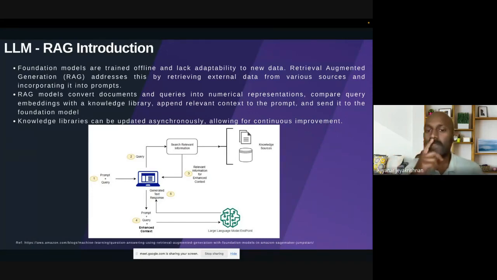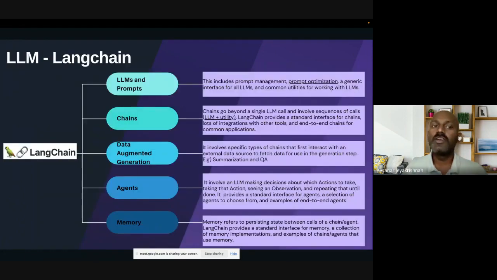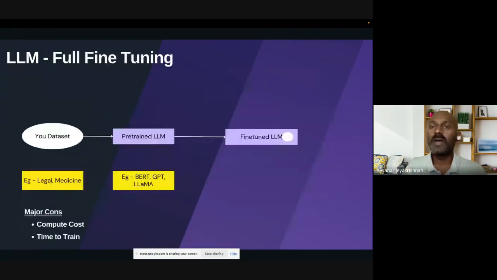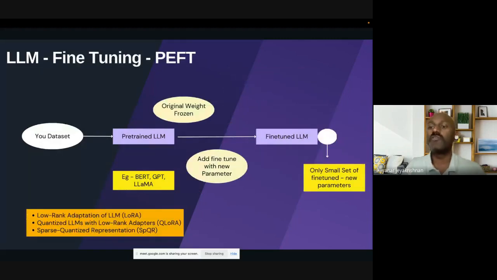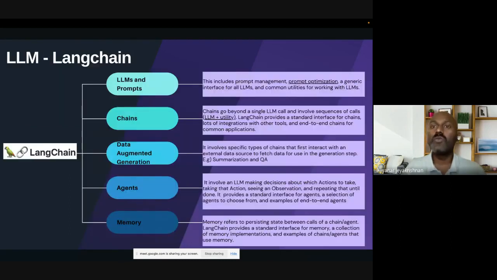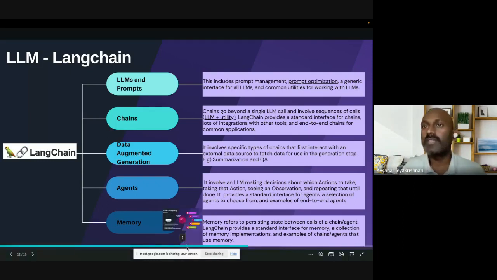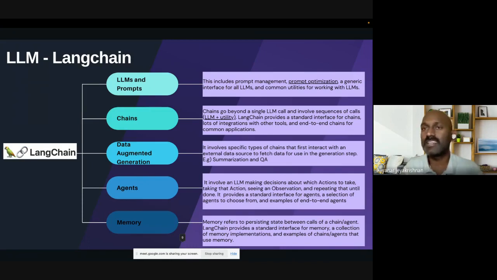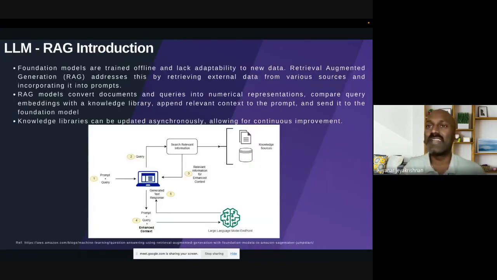So I wanted you to understand what a RAG is. Now you understood the RAG. Let's glue it all together here. You understand prompting. You have fine-tuned the model based on your use case. Now you have a RAG. Now you can build the application using LangChain. LangChain can connect to the vector database. Not only the vector database, it can connect to your regular database also. You can connect your database and get the prediction.